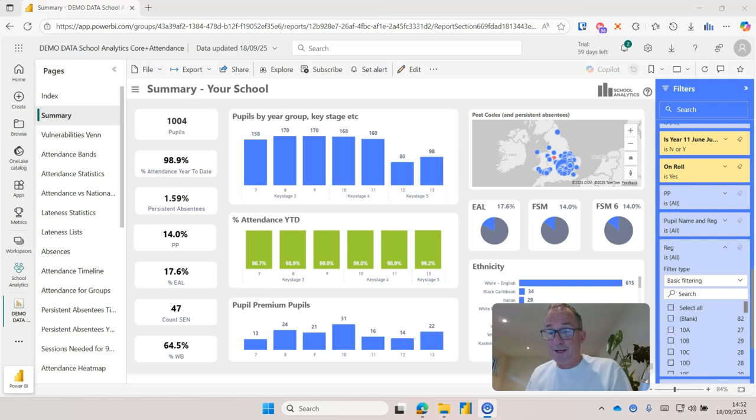Okay, well, that's the first page, and there's a lot of pages in this report. I won't go through them all in this short video, but I'll just highlight one or two other pages that I think are especially useful or that demonstrate some features that you can use on all the pages. After the summary page, I think one of the most useful pages is what I call the attendance timeline. So if you click on the attendance timeline there,